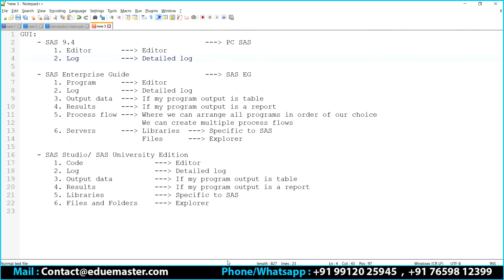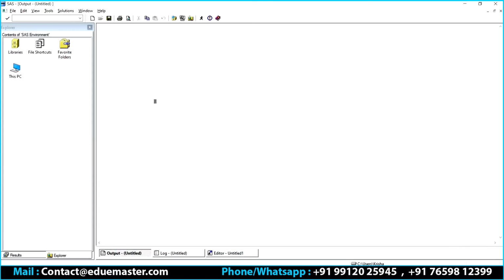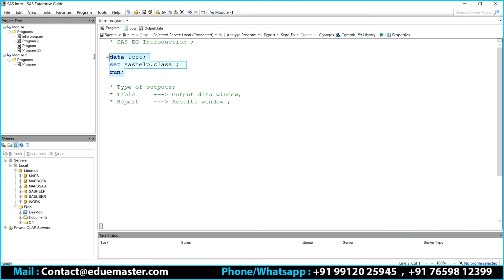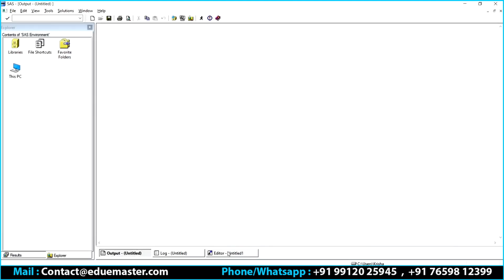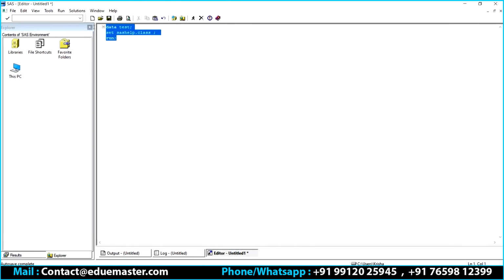To explain this, what I can do is, I'll just go to my PC SAS first. I'll copy some piece of code. I just pasted it here. You can see, right? I know the font is very small, but when we go to the classes, I can increase it.